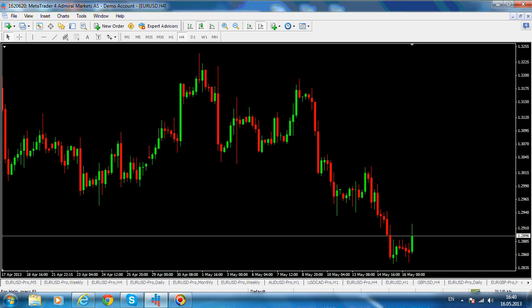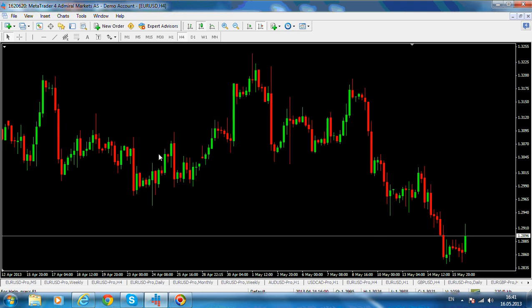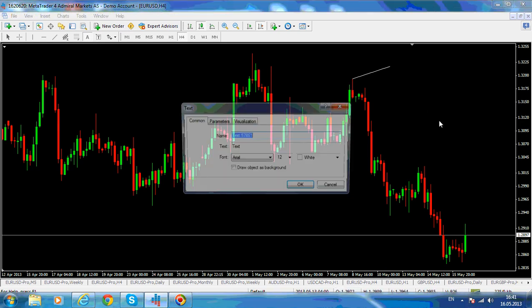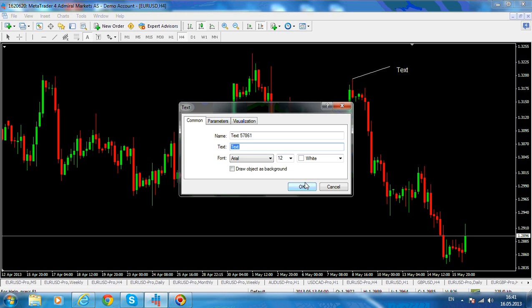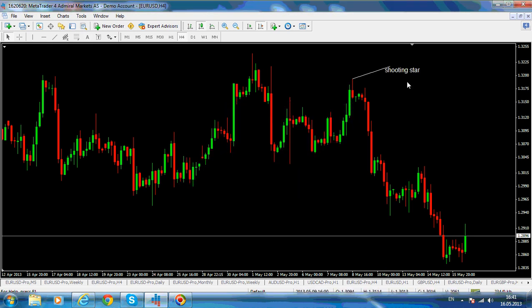The higher the time frame for this pattern, the more powerful the star. For example, this is a demo account, and this is a 4-hour chart on the euro dollar. Let's try to find the shooting star. A shooting star looks like this. This also might be viewed as a shooting star, even though the real body is not that small, but anyway, it might be. So it might be interpreted like a shooting star, and then you see how price comes to the